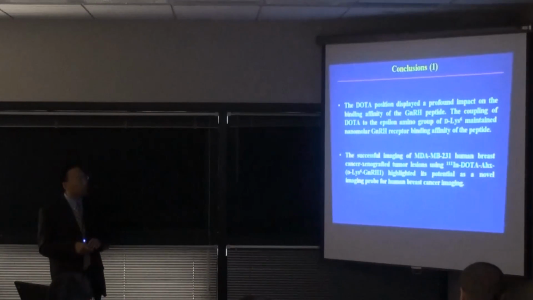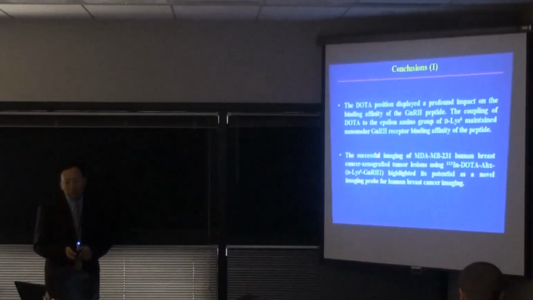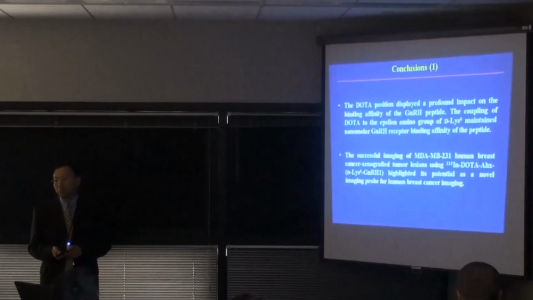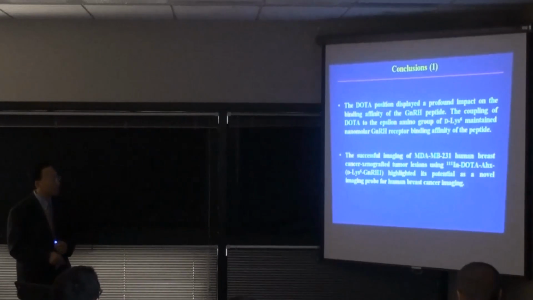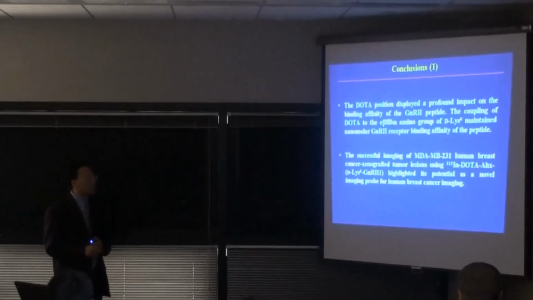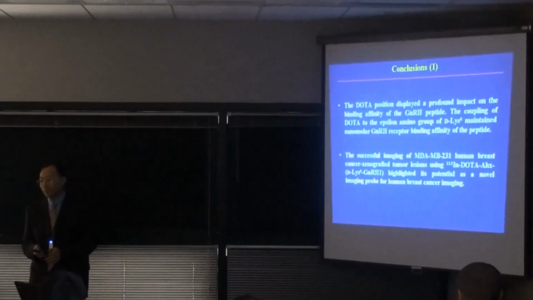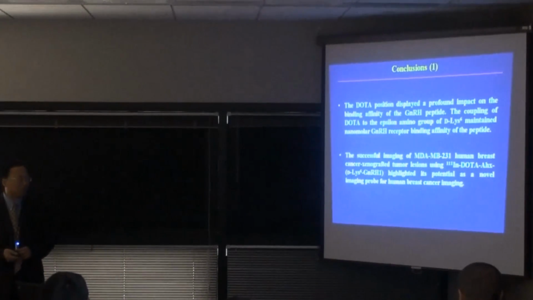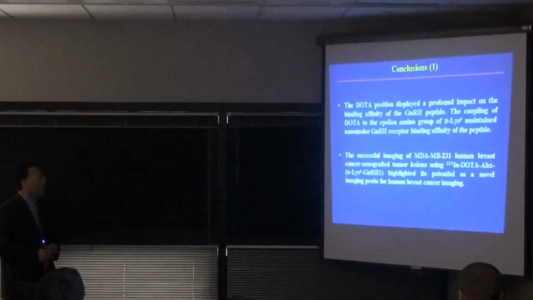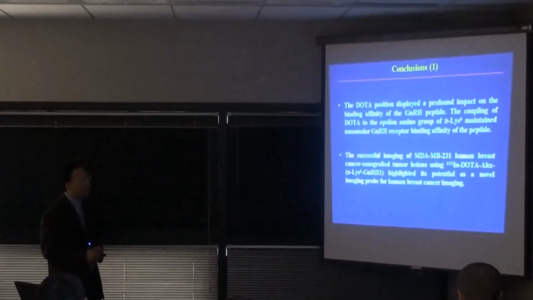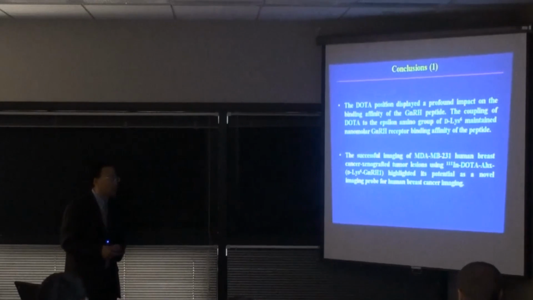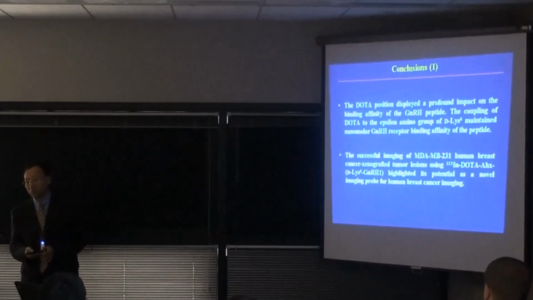So hopefully we can reach this conclusion. The DOTA position displayed is an important factor on the binding affinity of the GnRH peptide. So essentially, the coupling of DOTA to the epsilon amino group is essential to retain the nanomolar binding affinity of the GnRH peptide. And the successful imaging of this human breast cancer xenograft tumor lesions using the imaging probe we